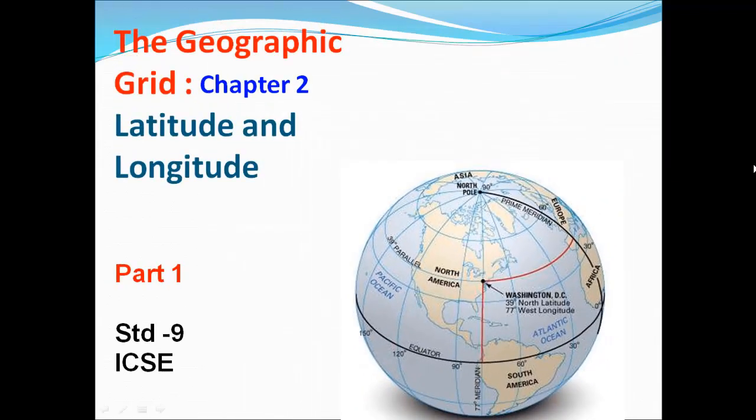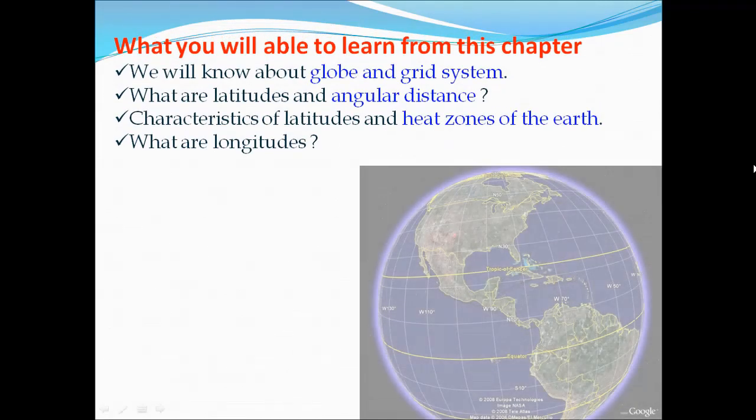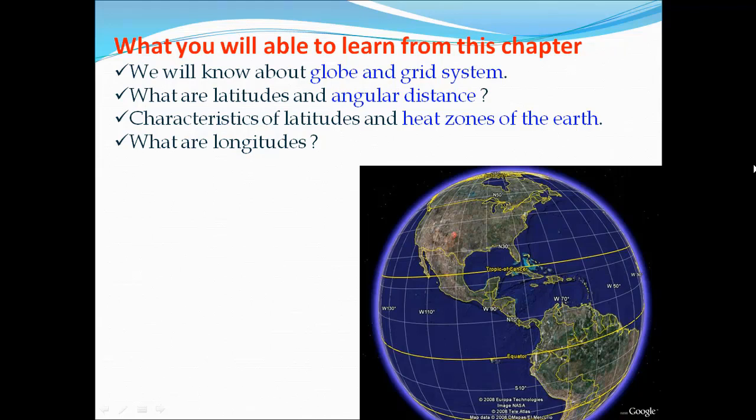Today's session is on the Geographic Grid System, Chapter 2, Latitude and Longitude, Part 1, Standard 9 ICSE. In this chapter, we learn about many fact files about latitude and longitude. What we'll be able to learn from this chapter: we'll know about the globe and the grid system, we'll know about latitude and angular distance, we'll learn about characteristic features of latitude and how it is helpful to understand or demarcate the heat